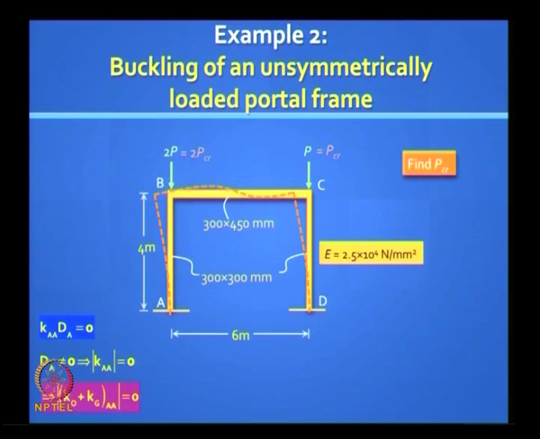It depends. You can remove the left one and put a rotational spring at B to take care of the remaining portion B, C, D, and the stiffness can have two extreme values to get you the lower and upper bounds. One is 0 when it is a cantilever. For a cantilever, what will be the KE?